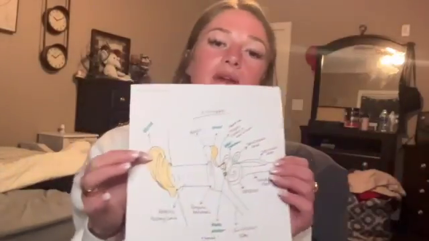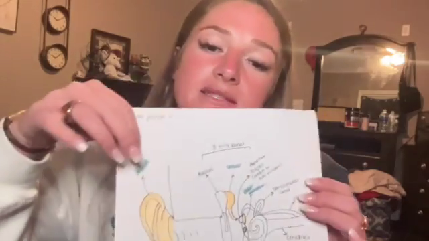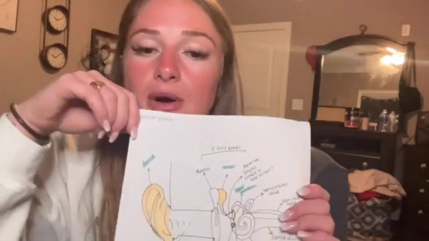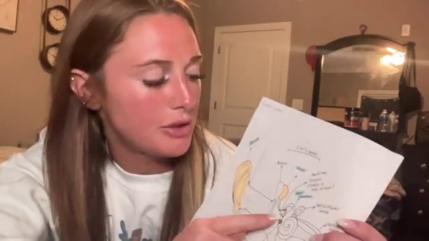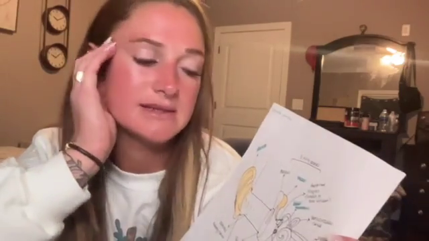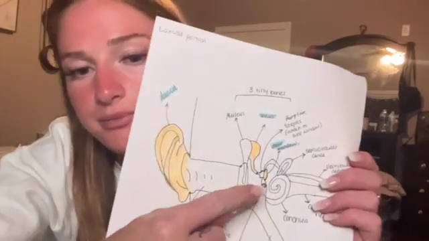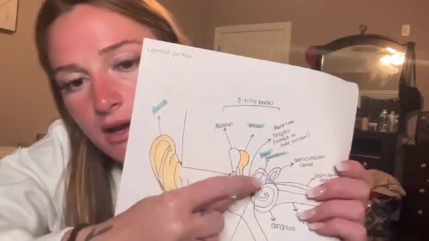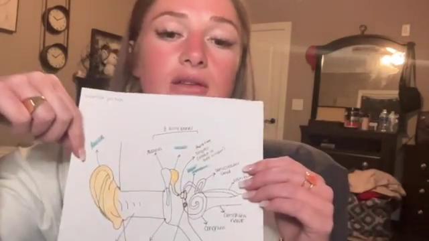So once the sound waves hit that membrane, it's going to start vibrating, and that is going to communicate to the malleus and then the incus. The malleus and the incus make up 2 of the 3 bones, the small tiny bones in the ear, and the third one is the stapes, which is called a footplate stapes, and it's connected to the cochlea right here. I'm pretty sure they named it because it looks like a shell,